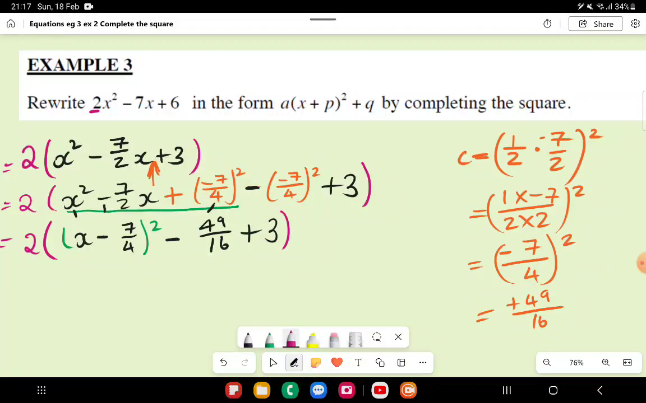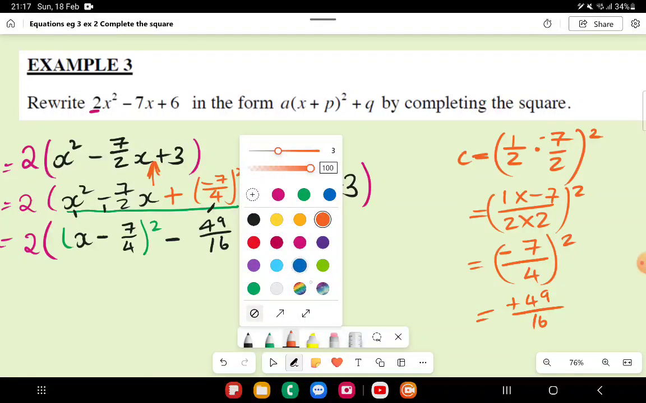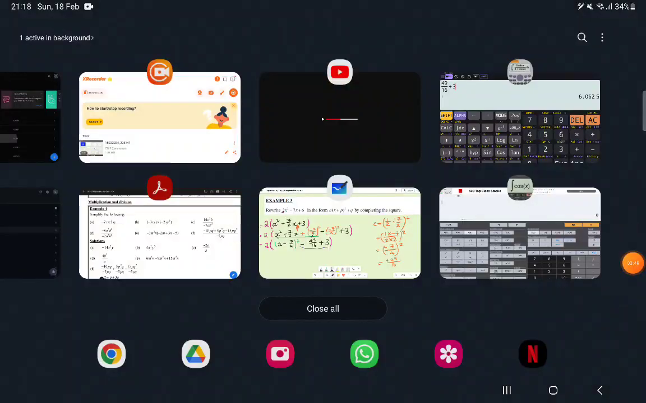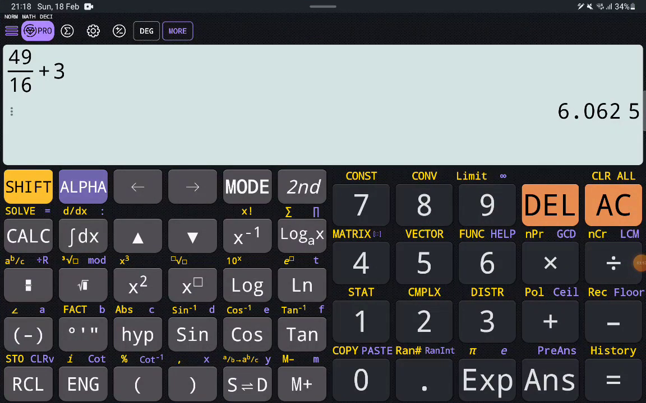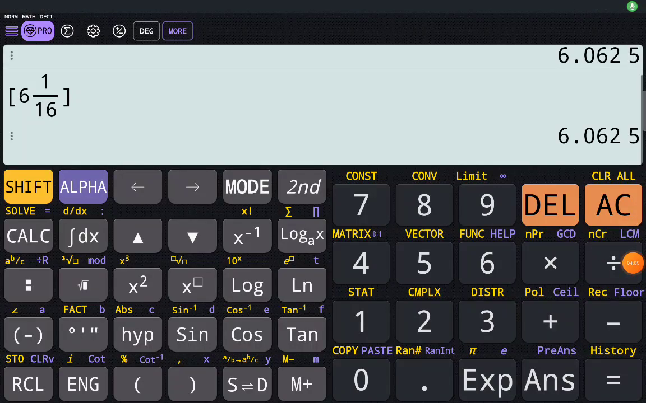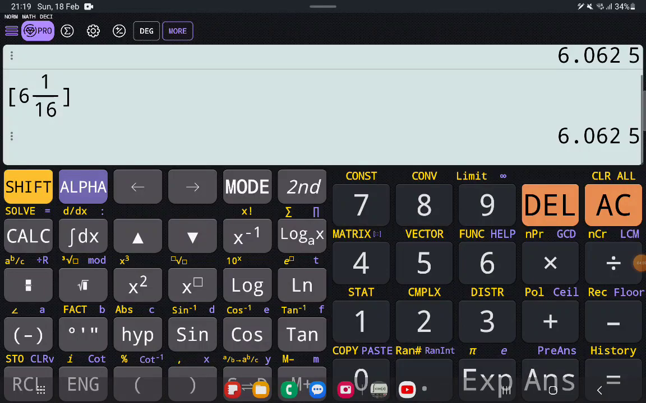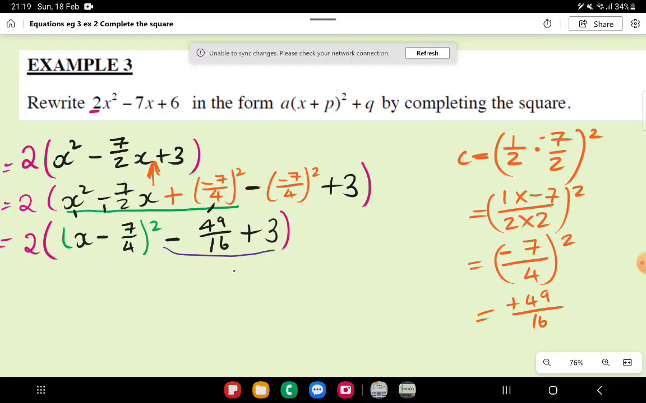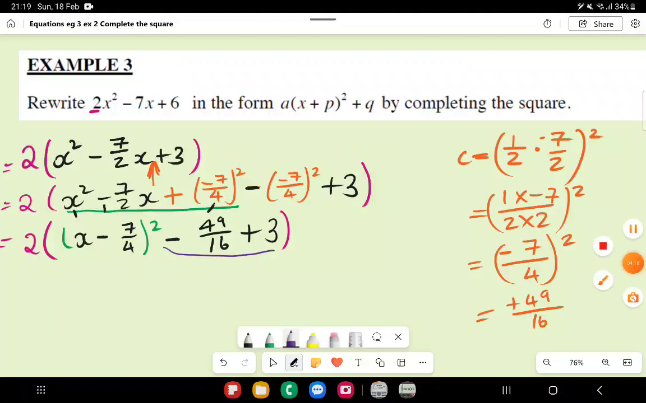Okay, so now what do I do? I'm working inside my bracket, so I've done orange, let's go purple. I want to simplify this. So let's say, hold on. Okay, so the calculator says 49 over 16 plus 3 is going to be 6 and something something. Let's see if we can convert this to a fraction. Nope. So that's the same as 6 and 1 over 16. Okay, so let's go back. Hold on. Okay, so this now translates into